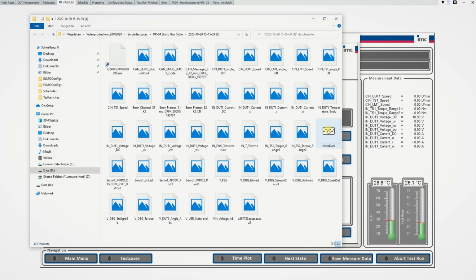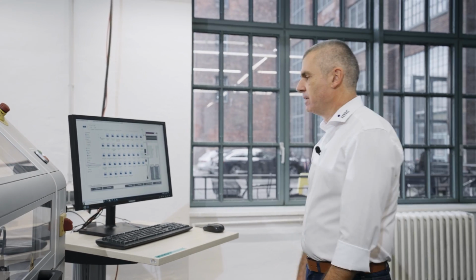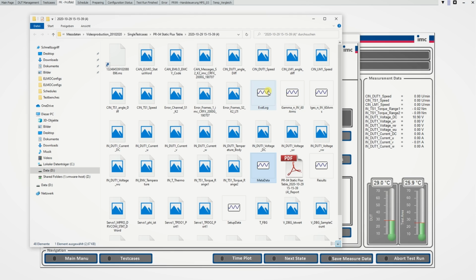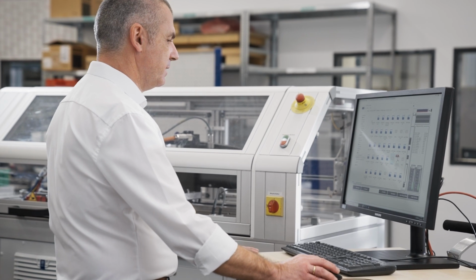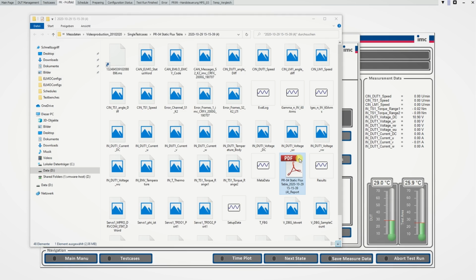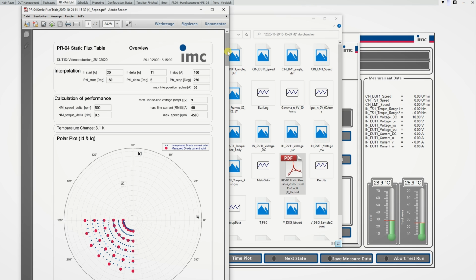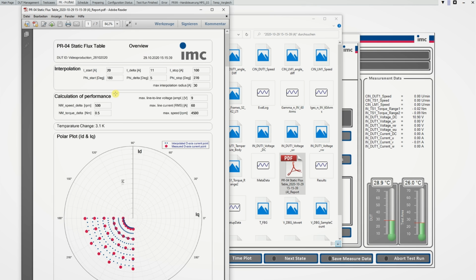We have the metadata here. We have a very intensive calculation running in the background with IMC Famos, and it will take something of 2 to 3 minutes to get the results done. So we see now that the PDF report is ready available, as well as all the other calculated data here, the result data. We open the PDF and we can see on page 1 the configuration of the test,